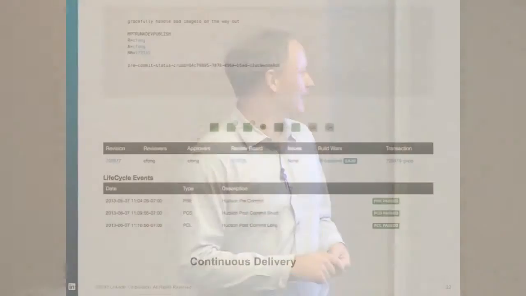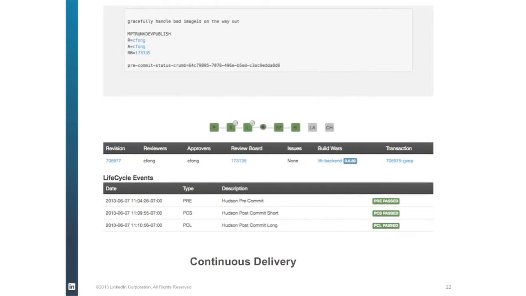If they check it in the afternoon, they'll see it running in the morning. Where they check it in the morning, they'll see it running in the afternoon. That's where we are. And it completely changes the way developers think about deployment, about code. It makes it so much cheaper for them to iterate and do things. And we've just seen a huge uptick in the amount of changes that go on and incremental updates.